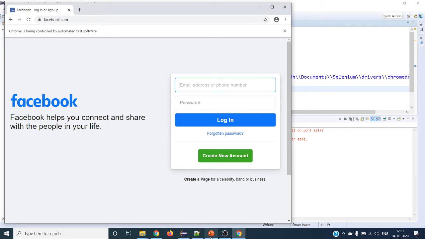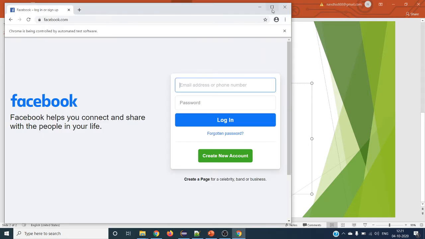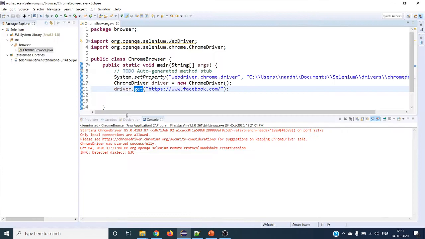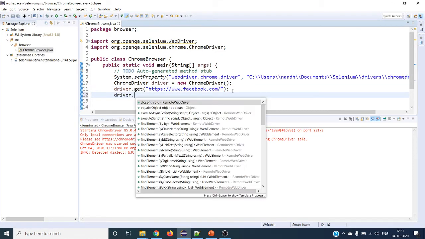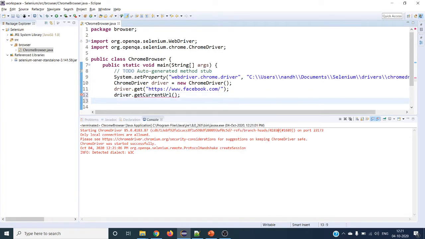So what is the next step? We have to check the current URL and get the page title. To get the URL, the driver supports the getCurrentUrl method. This will return a string, so let's catch it in a string variable called URL.